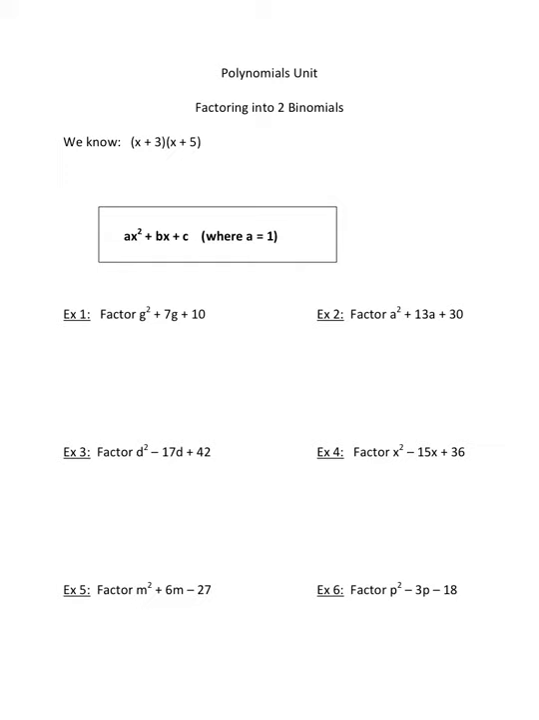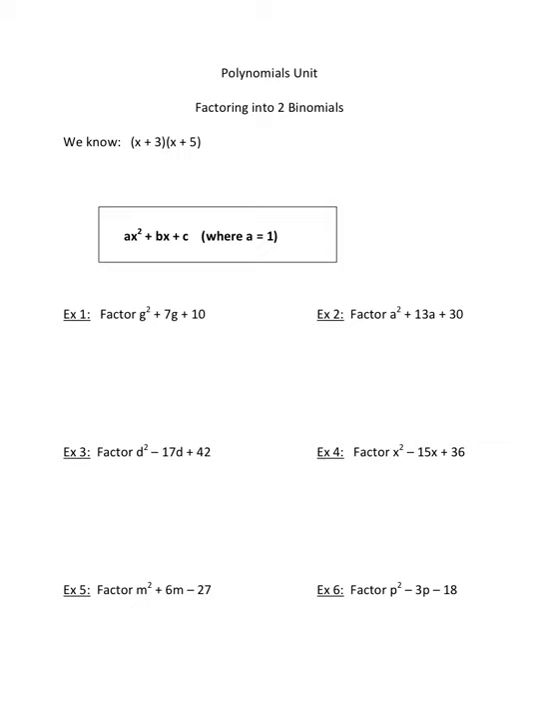Hey guys, today we're going to look at factoring into two binomials. And basically, this is going backwards in FOIL. So if you look at this example at the top, we know that to multiply two binomials, we multiply